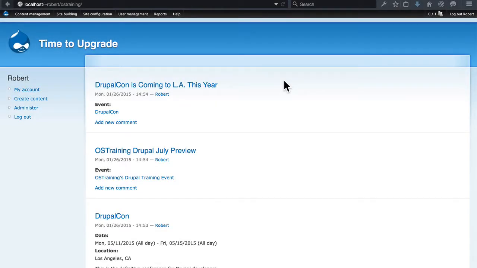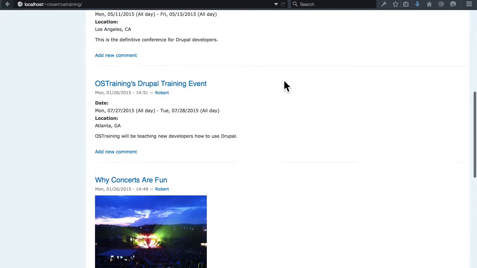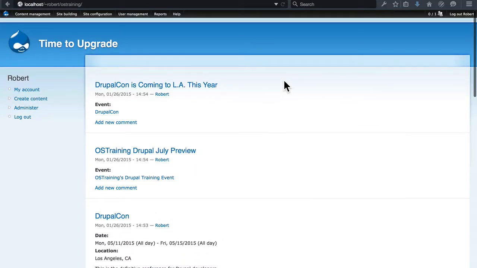So here's the new front page of the Drupal 6 site. We're getting ready for a Drupal 6 to Drupal 7 migration. We have our modules and our content types and our taxonomies all set up the way we want them to. We have some content on the site. Let's create just a couple more things before we go into a little bit deeper configuration with views and blocks